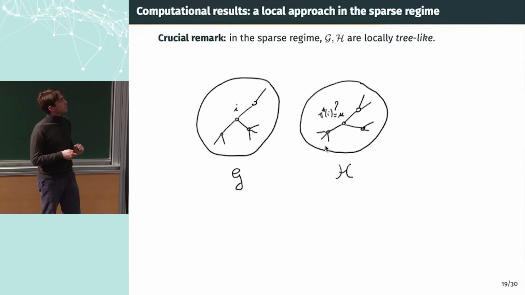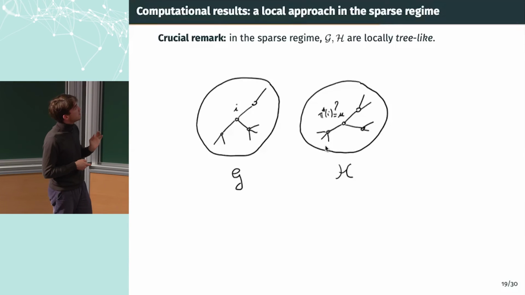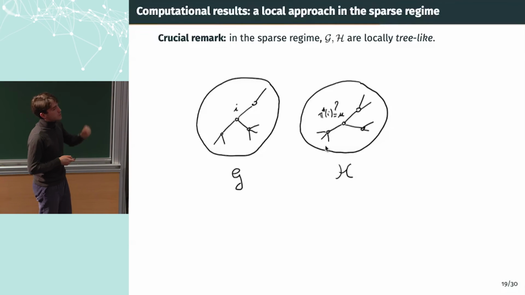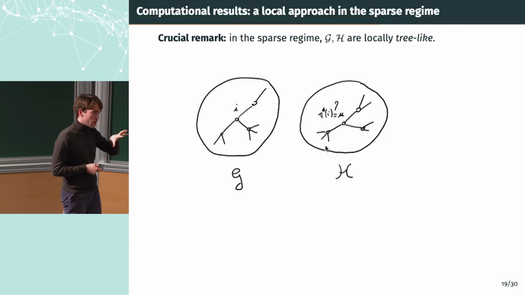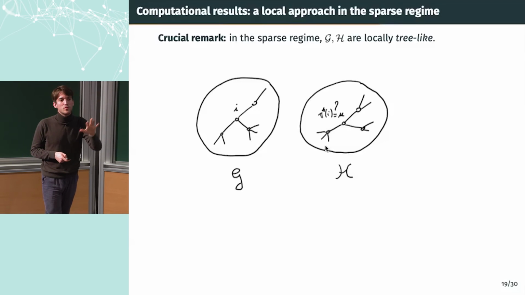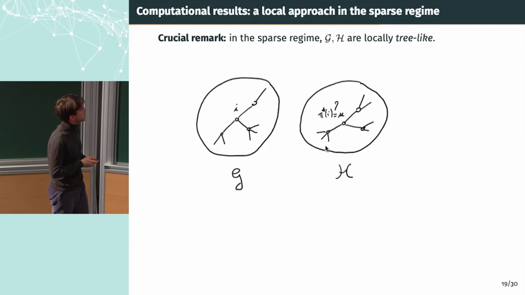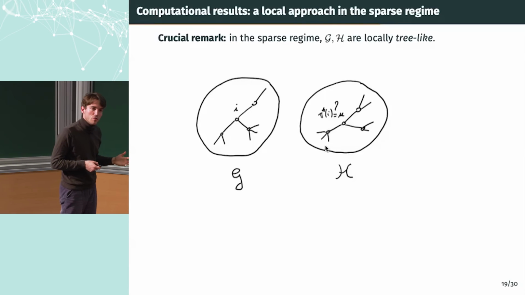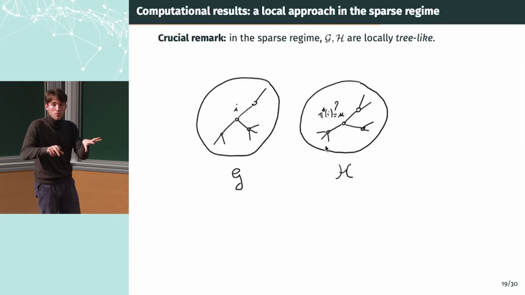I will briefly describe one possible approach to be efficient when you want to recover your signal. In this problem, we are in the sparse regime. I showed you some examples: if you look at what happens locally around a vertex in these graphs, you will see a tree. Some of you may know this; if you studied a bit of random graphs, this is quite a standard result. This is nice for us because, in order to be efficient, we can propose a local method, a method that only looks at what happens locally around my nodes.